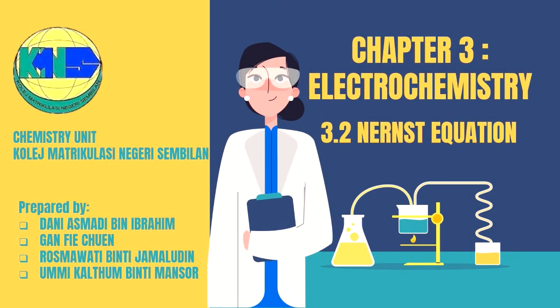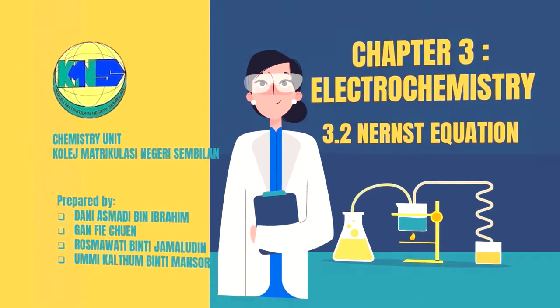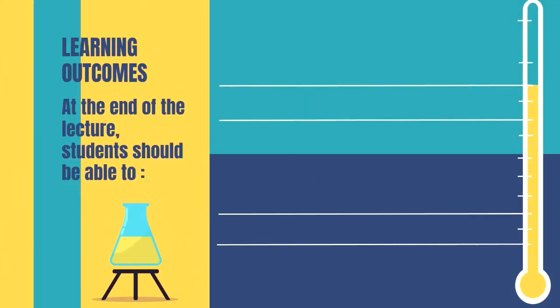Chapter 3, Electrochemistry 3.2, Nernst Equation. By the end of this lecture, students should be able to write the Nernst equation for a given galvanic cell,